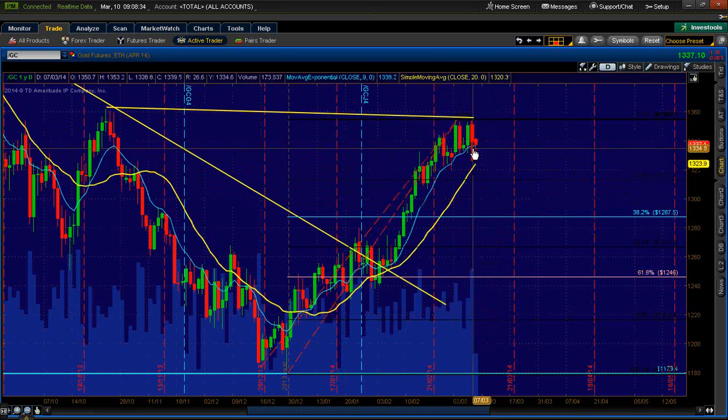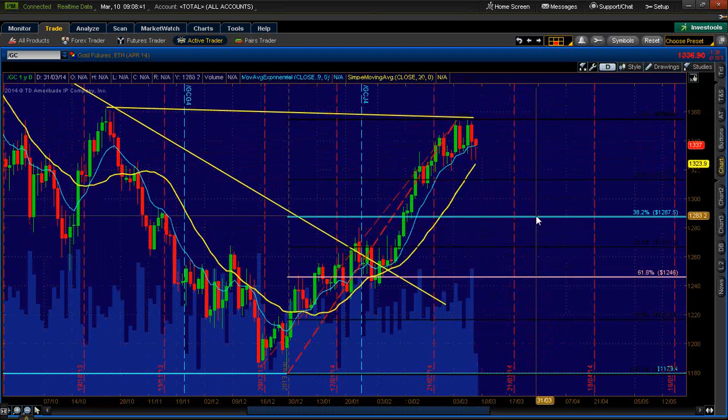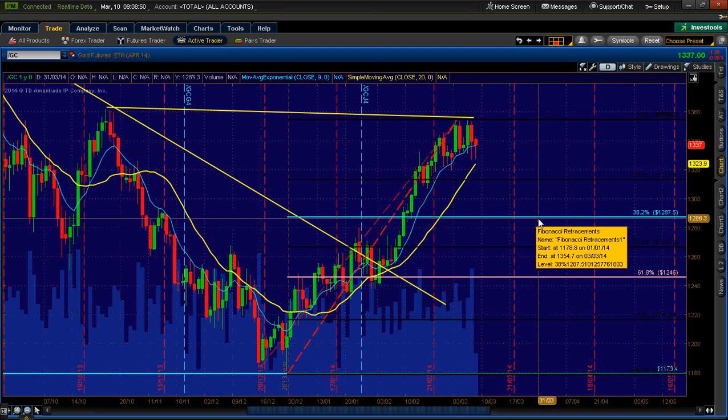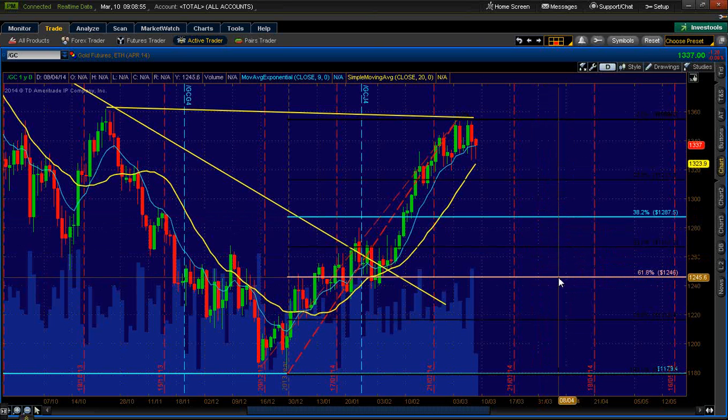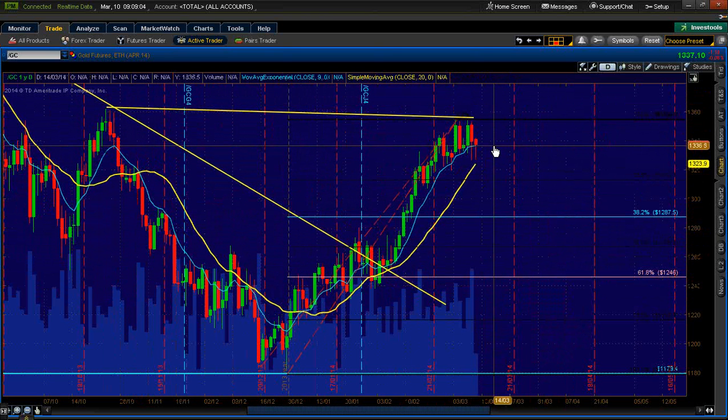We have not closed below the 9 EMA, but I am looking for the possibility with this cup pattern coming down to test this 1300 level, break below it, and form the handle, which has got to be down. The minimum to validate the cup and handle pattern is this 1287.50 area, and then all the way down to 1246, which would leave this possible cup and handle still valid. But right now we're holding that 9 EMA pretty strongly.